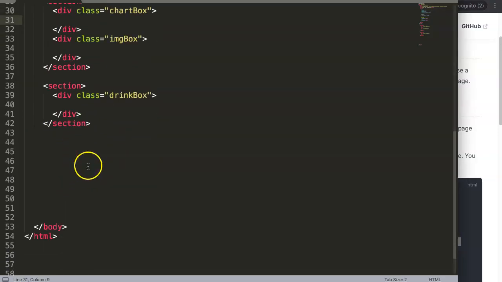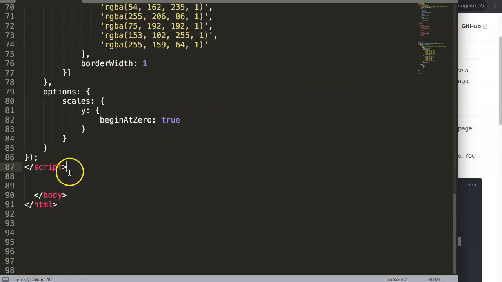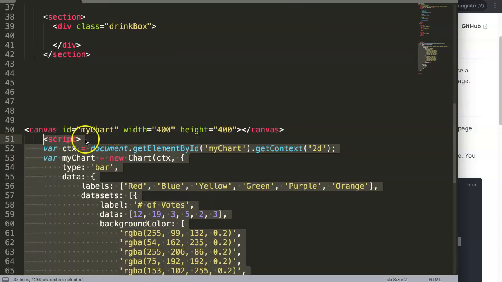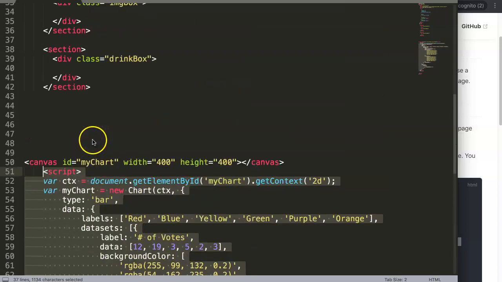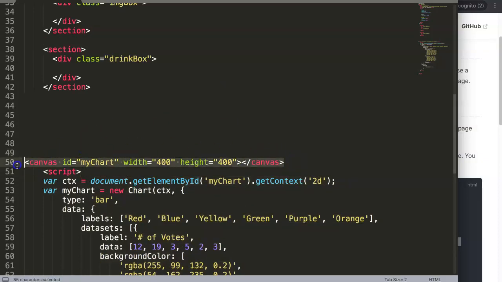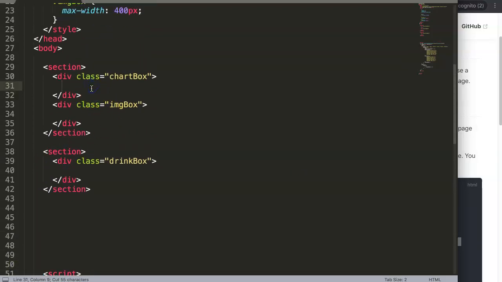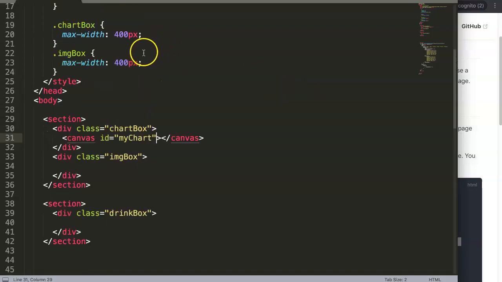Alright, to do this, I'm going to put it down here. The reason is that there's some JavaScript in here that we need to paste. So I'm pasting first the JavaScript in here while I have the canvas tag out. I'll just do some proper indentations. Alright, that looks fine. Then I will cut this away and move this up into the chart box div. There you are. Remove the width here